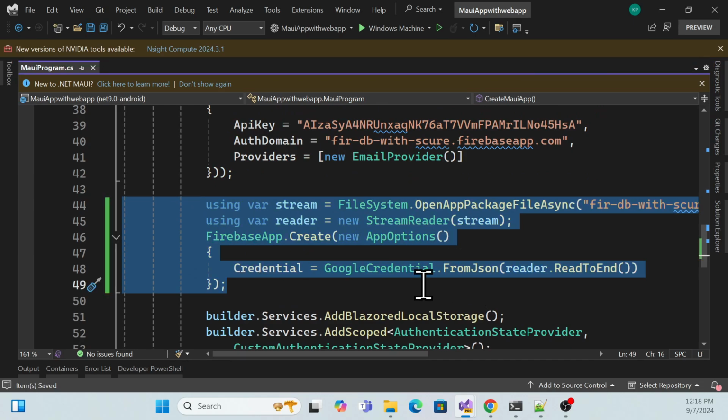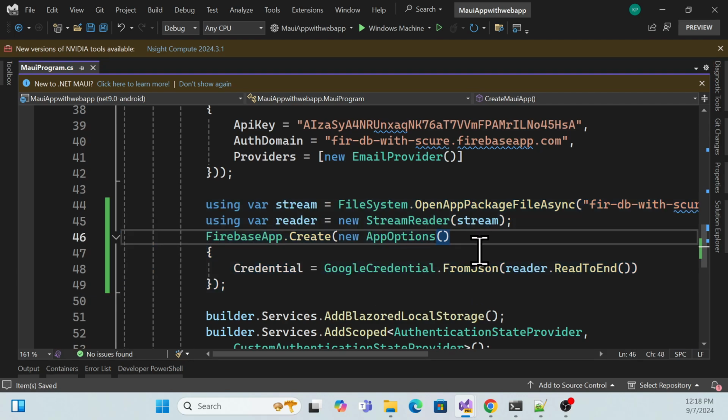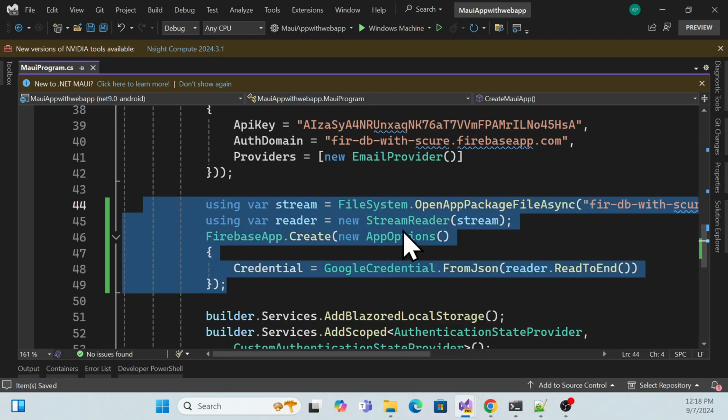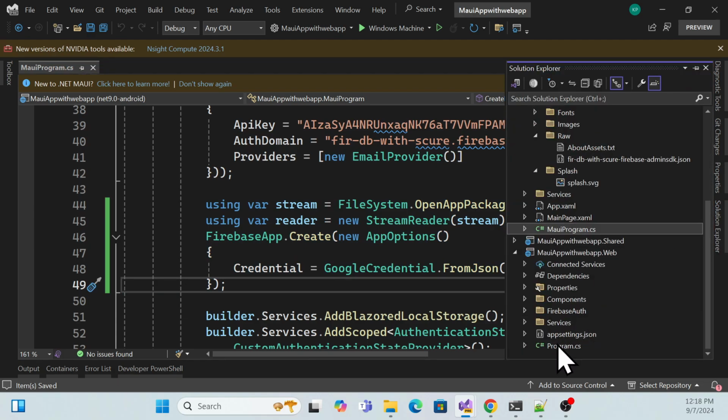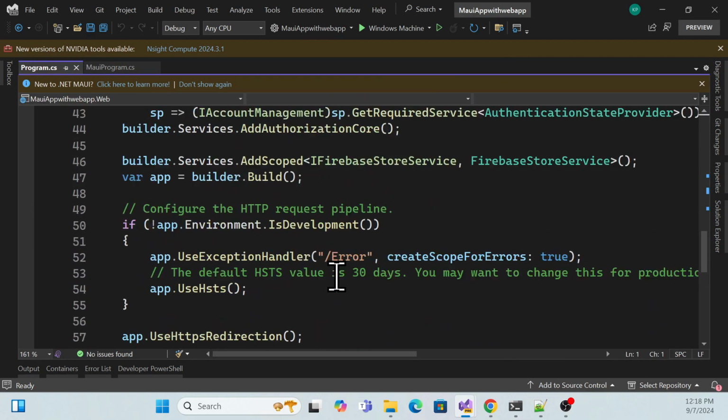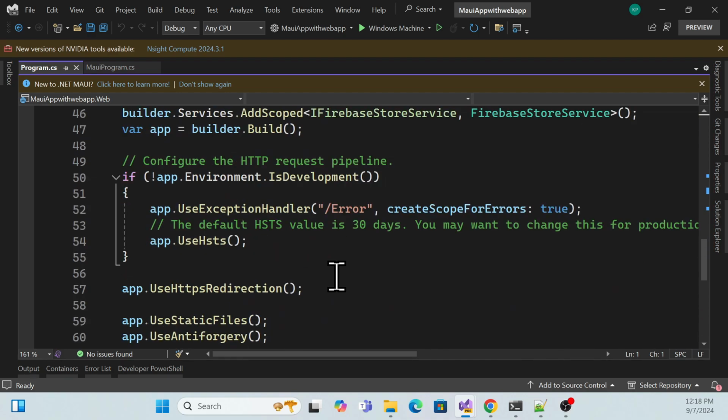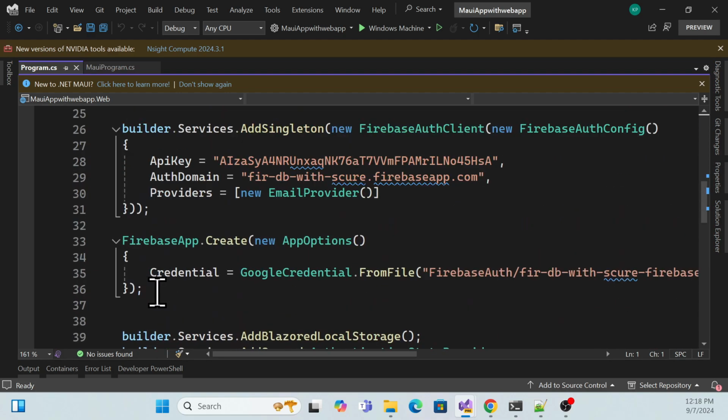So this is what actually manages your Firebase authentication users, so we have to do it this way. If you don't know how to implement it, I definitely recommend my previous series, so you will get an idea. Let me quickly uncomment it over here, but we have already done that in our web applications. See, if you go down in this main Program.cs file, and here this section, see,